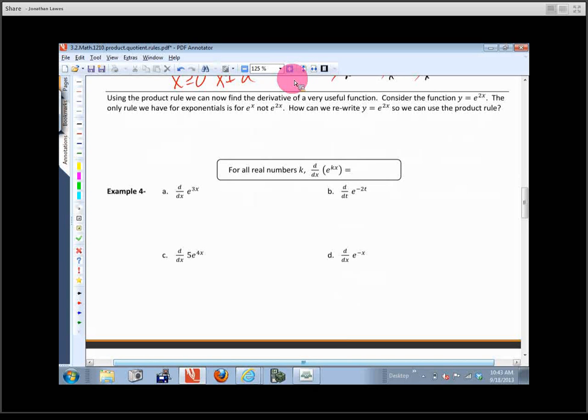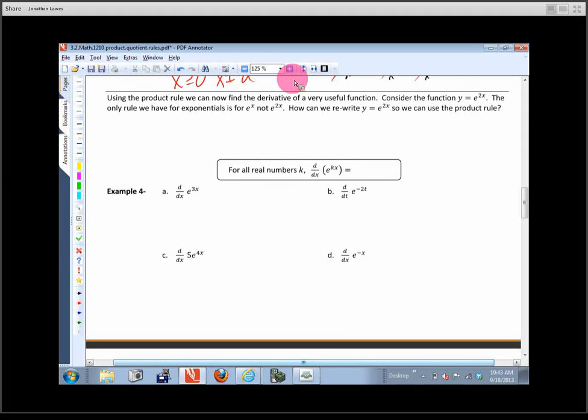And then what I'd like you to do between today and tomorrow, you can get started on the assignment. The rest of the stuff, we're just going to look at practicing these techniques in somewhat unique situations. So we're going to use the product rule right now to come up with the derivative of a very useful function. So if I have y equals e to the 2x,